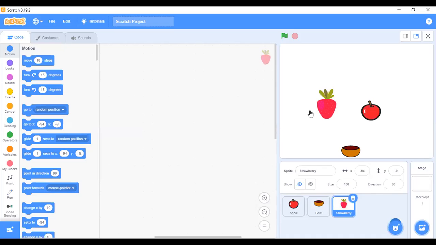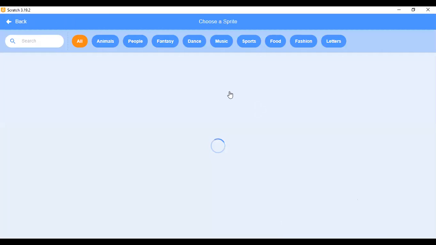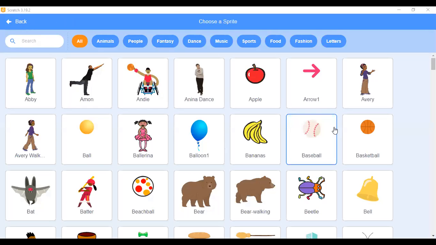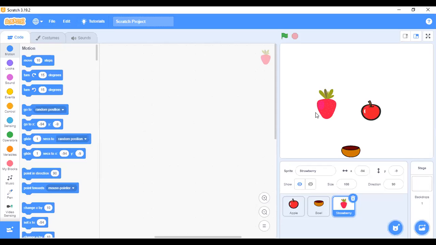I have it here. So I'll go and select the orange. This was the orange I used.